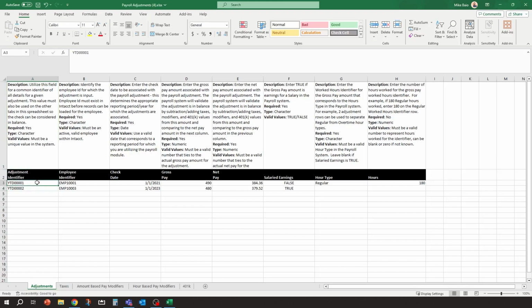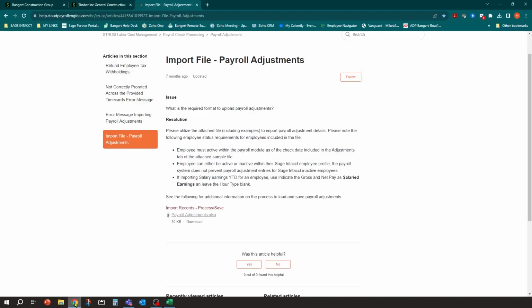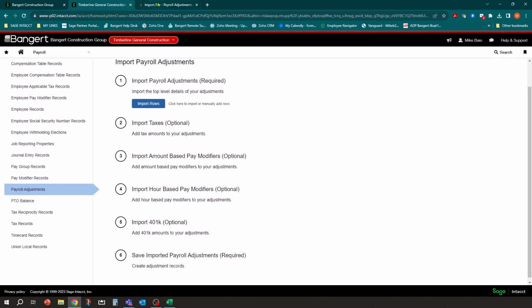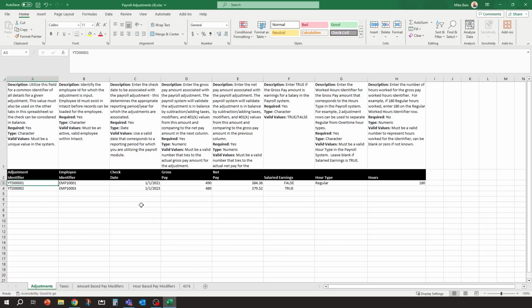But basically, the tabs that you're in are also going to correlate with the steps of the import screen, if we go back to that import screen. So number 1 is the first tab, number 2 is the second tab, number 3 is third, and so forth. You're going to get the ability to go through each one of these tabs during your import and map which ones you're importing to. The first tab is pretty straightforward. This is going to be considered your earnings, your gross pay amount, your net pay amounts.